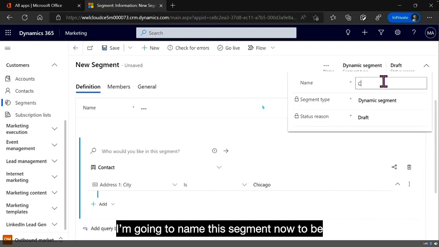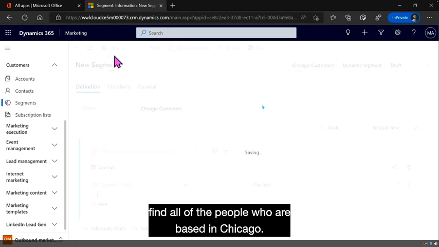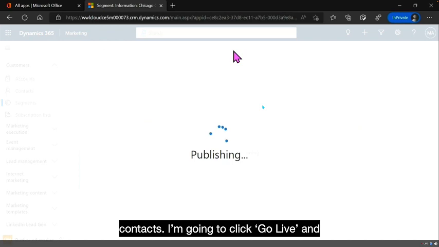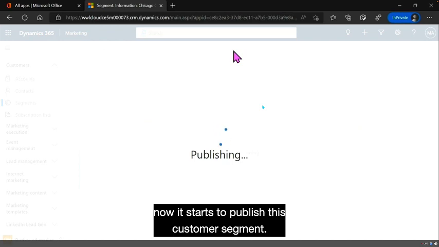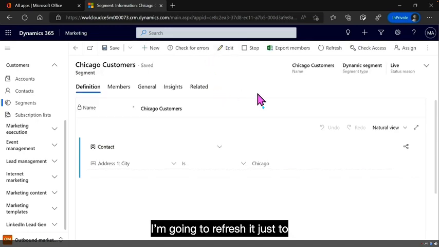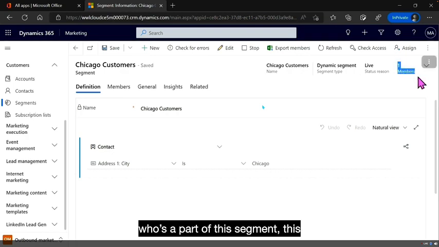So now this is an identity, and it's going to find all of the people who are based in Chicago. When I save it, it's going to slowly start to populate based on its query of all the contacts. I'm going to click Go Live, and now it starts to publish this customer segment. The moment it's published, I'm going to refresh it just to make sure it's working live. And you see there's a change at the top right. We now see that there's one member who's a part of this segment, this Chicago customer segment. I'm going to take a quick look at who that is. It hasn't populated yet... there we go. We have Richard Green that we just created with Contoso North America, who's now a part of